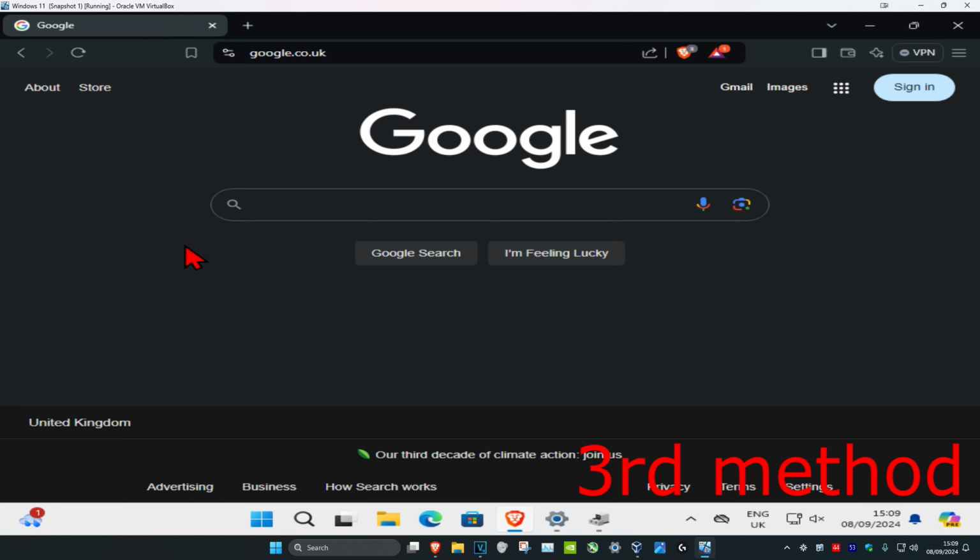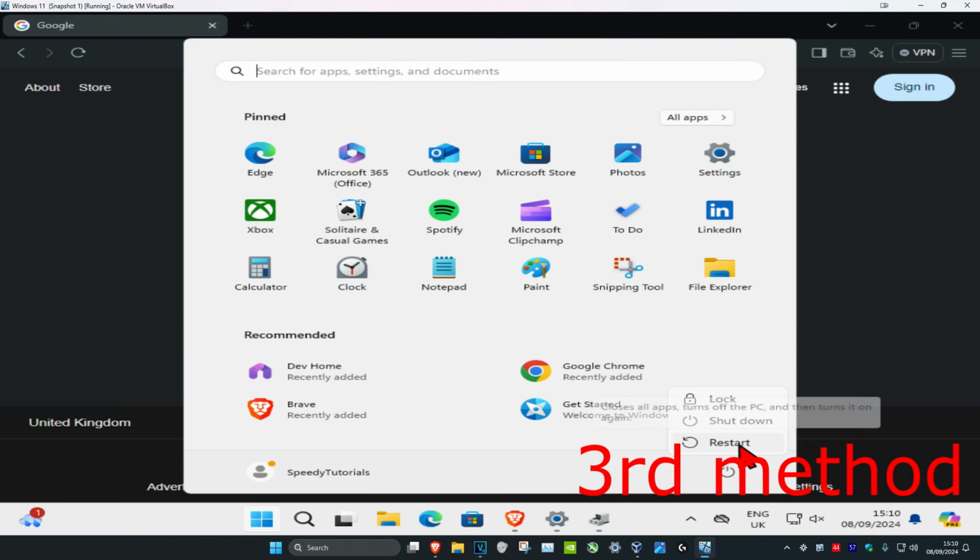And now for the third method, you want to type in the name of your camera into any web browser, and then you want to search for the drivers online and install it. You could also try restarting your computer, and then hopefully the first method that you completed will fix your